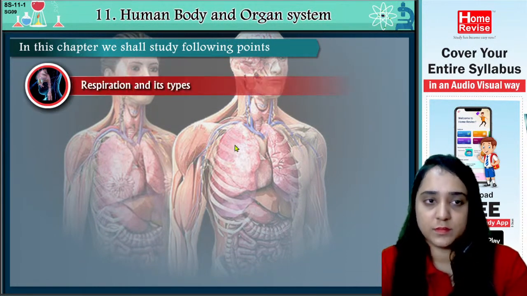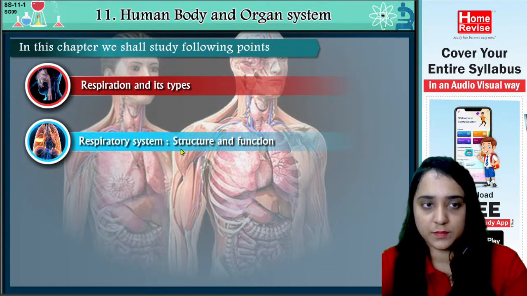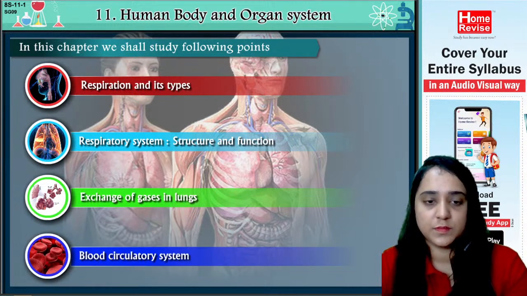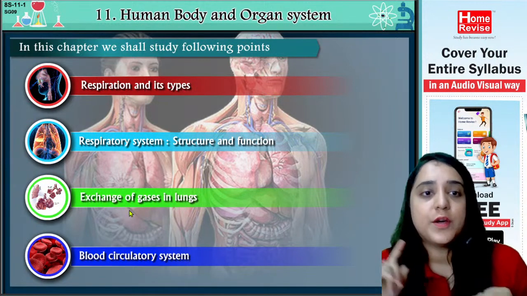Respiration and its types, respiratory system, structure and function, exchange of gases in lungs, blood circulatory system. So the first thing that we are going to study in this chapter is respiration